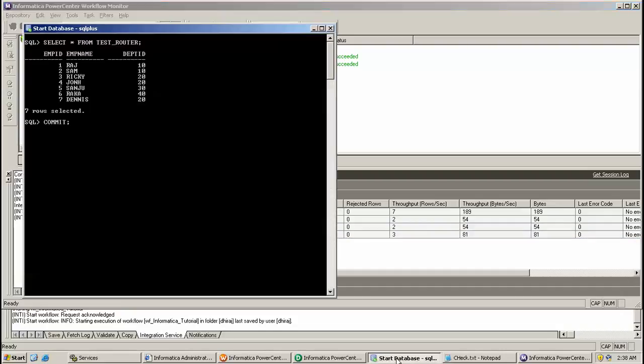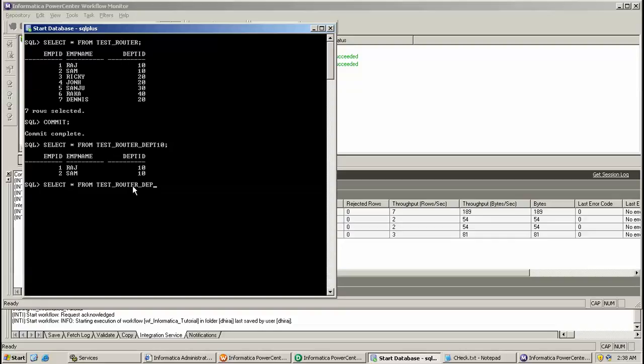We can check this at the database level: select star from test underscore router underscore dpt10. Here we can observe that 2 employees got inserted, which are from department 10, and the same for department 20. For department 20 there are 3 records that got inserted.